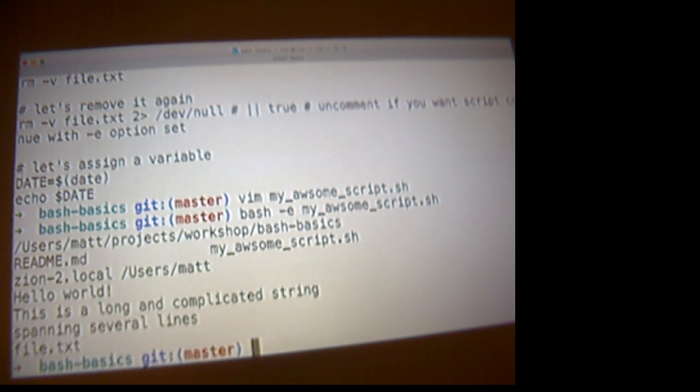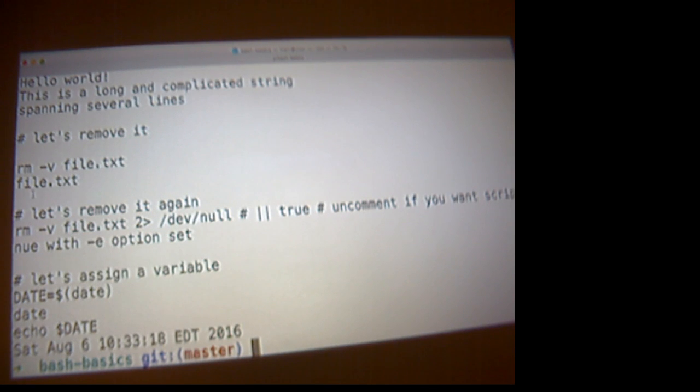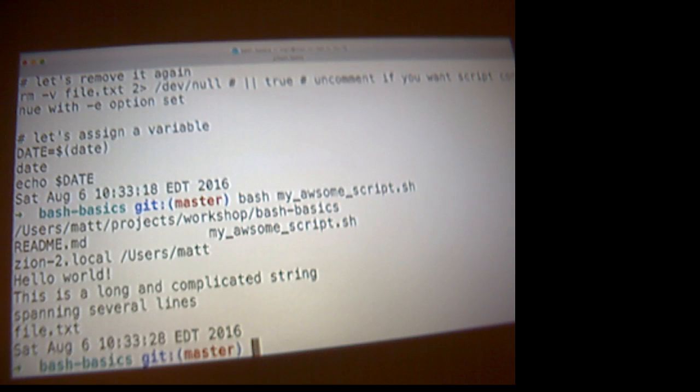The other options I use are -v or -x. So -v is verbose. And it's echoing out what I do before I do it. Here, if you notice the difference, it's echoing out the comments as well. So it's good if you want to log what you're doing. So we'll even do the comments and verbose. -x